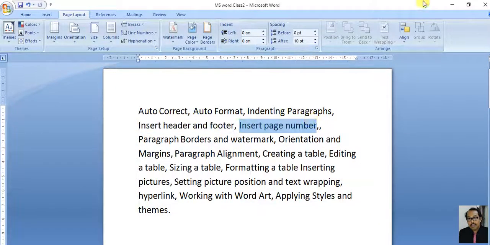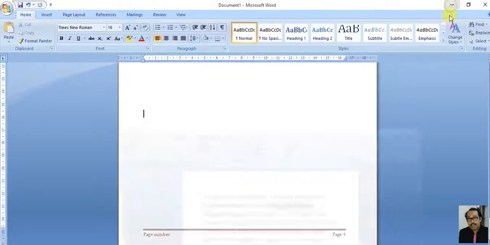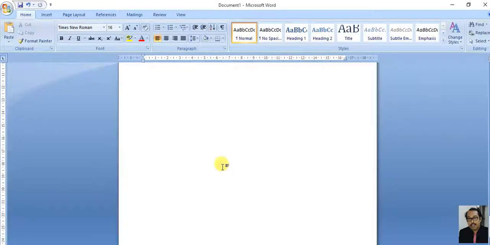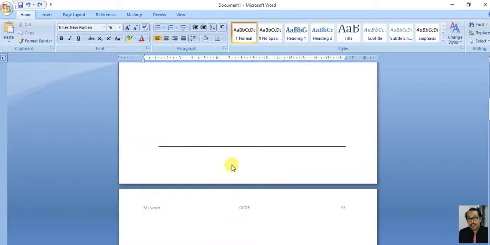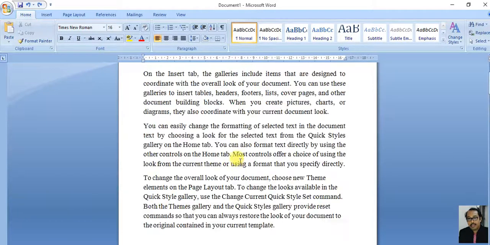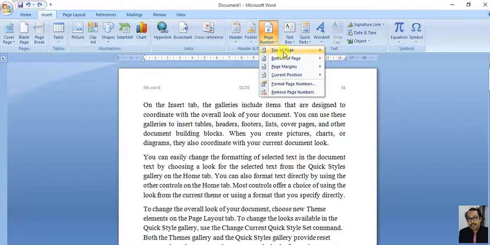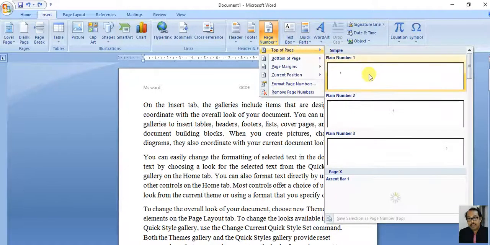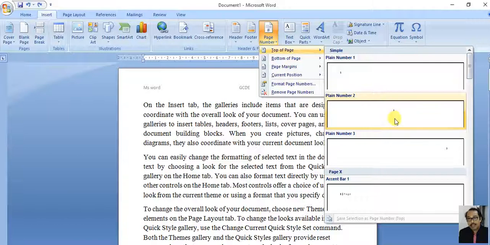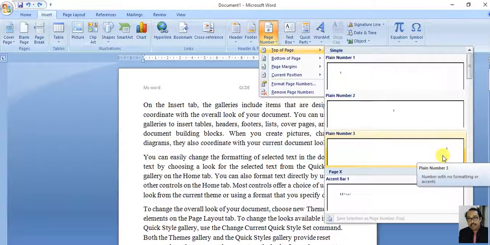Insert page number. Just now I taught you how to insert page number. There is another way you can insert page number there. I am showing you that one. See, I have deleted all the page numbers. Go there, insert, and give page number. At the top of the page you can give page number, in the middle, or on the right side.